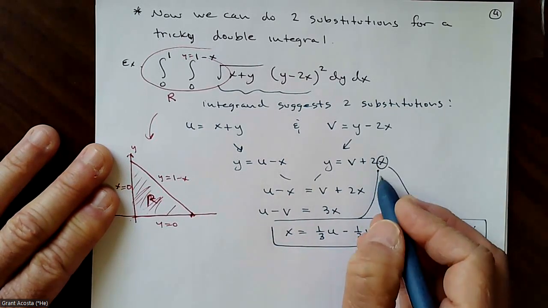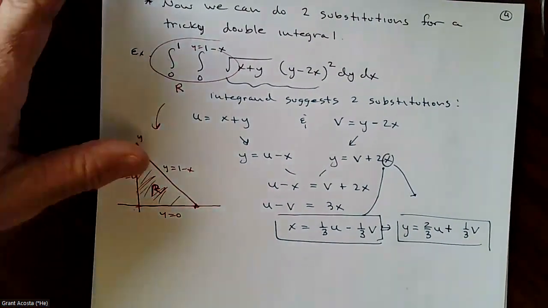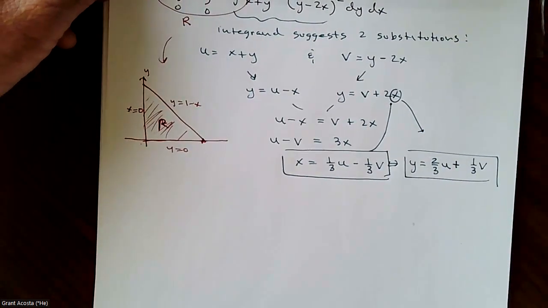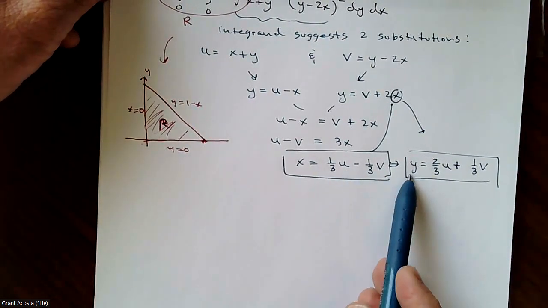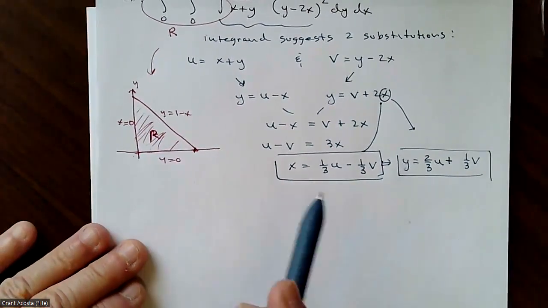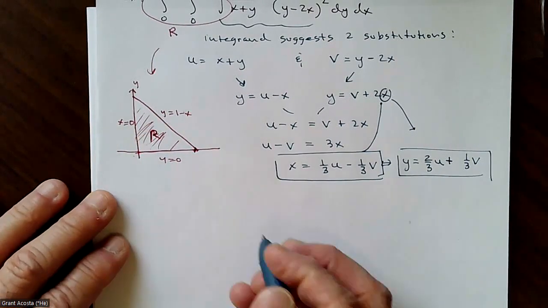So make sure you can do that. Put that in there, simplify things. You should get this. And so now what we want to do is see what this image, we have some conversions for x and y, and we want to see what this region, which we know is bounded by these three equations, looks like in the